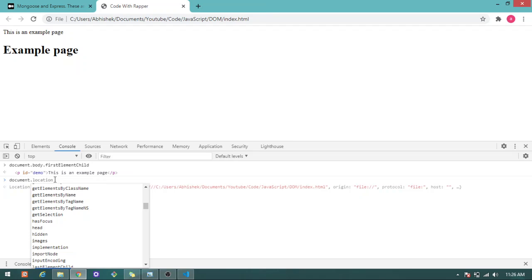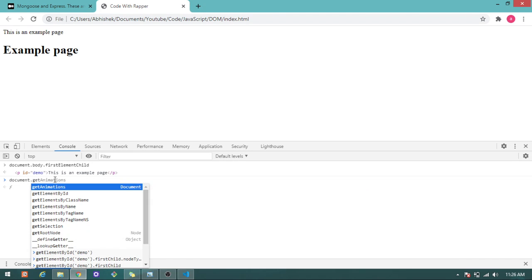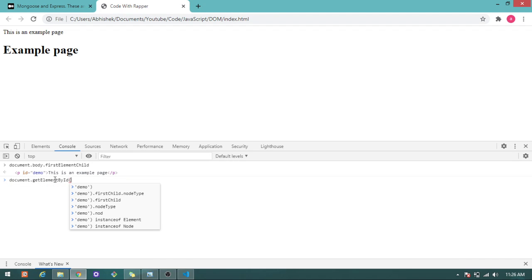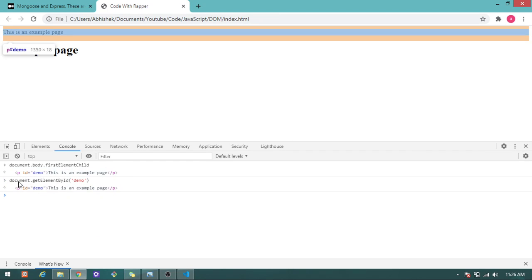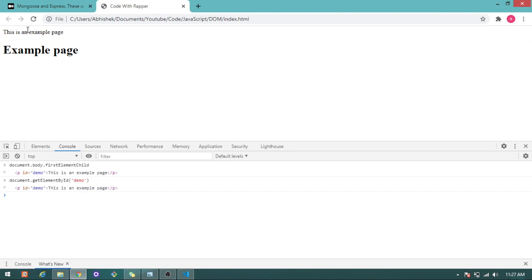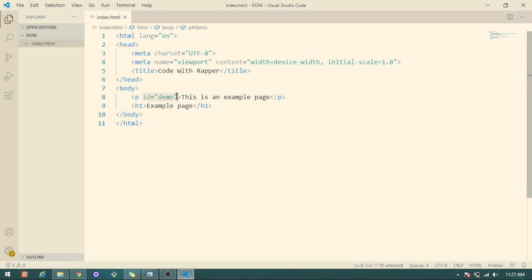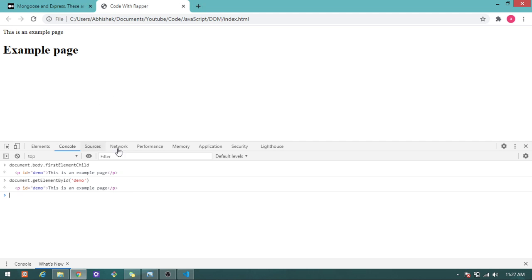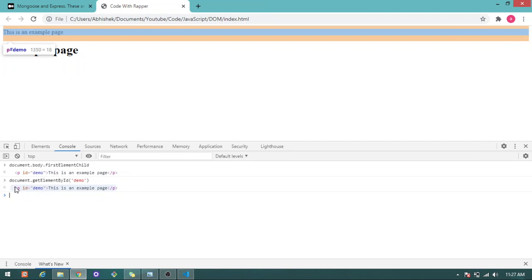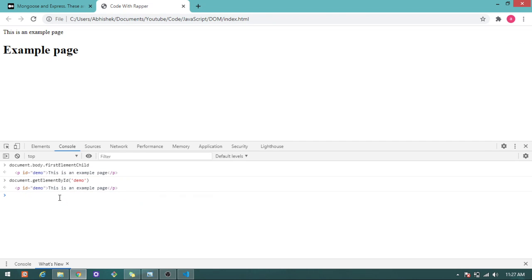Let's try that: document.getElementById demo. Suppose JavaScript is trying to access this paragraph, then it will execute document.getElementById and pass the id demo, because we have given the id demo here, and tada, JavaScript is able to access this element.